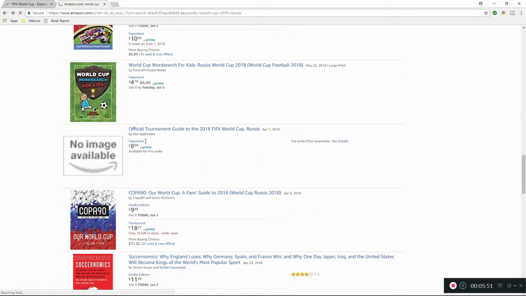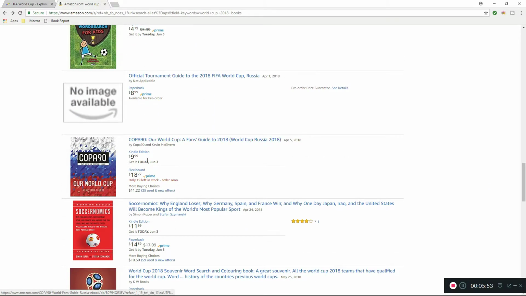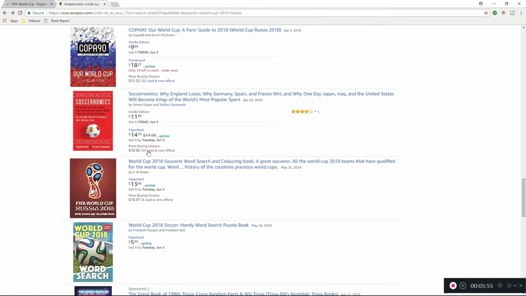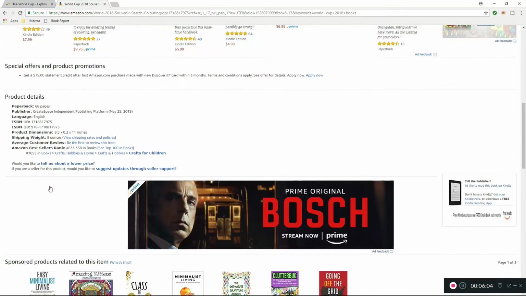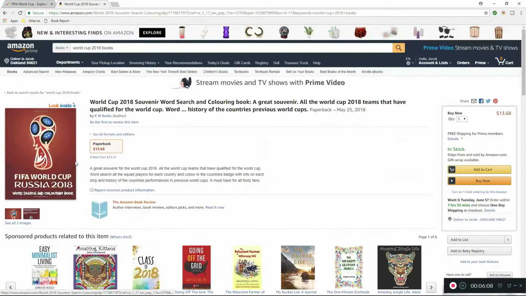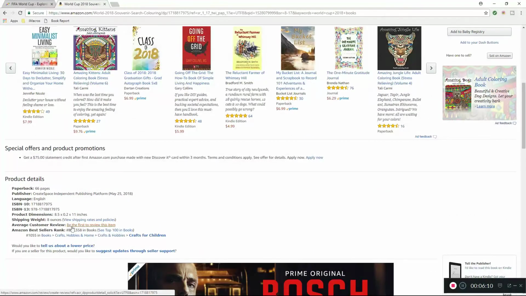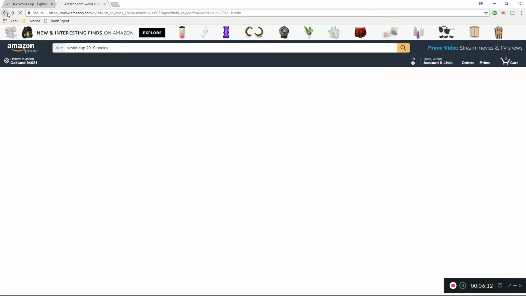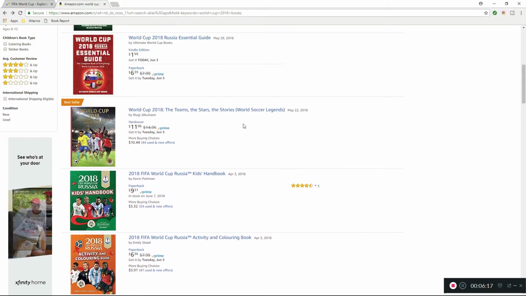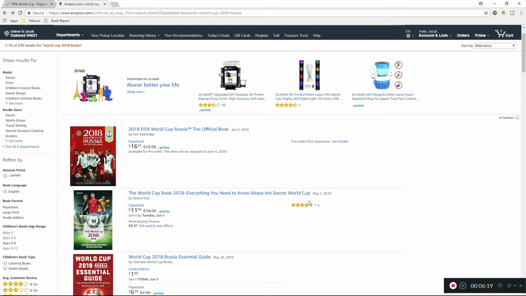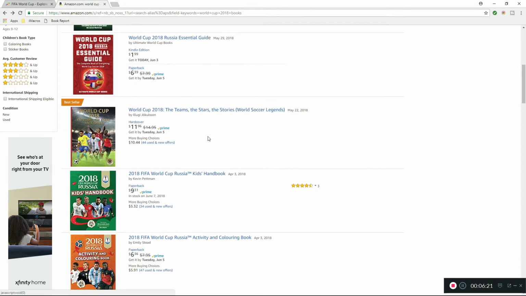I can even just scroll down very quickly and look at books that might not be searched as much, like this book here. It's a coloring book, so I don't think it's going to be selling very well, if any at all. Yeah, but keep in mind, this is a coloring book with no reviews, and it still sells. One thing to take note, now that we're somewhat analyzing the keyword, aside from this book with 5 reviews, none of these books have reviews,